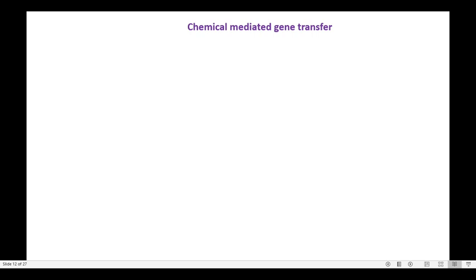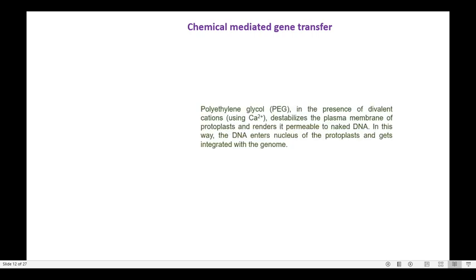First we will see chemical mediated gene transformation. Here we use polyethylene glycol to transfer the recombinant DNA to the plant cell. Polyethylene glycol, in the presence of divalent cations, destabilizes the plasma membrane of protoplasts and renders it permeable to absorb the naked DNA. In this way, the DNA enters the nucleus of the protoplast and gets integrated with